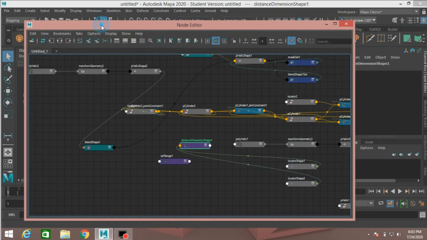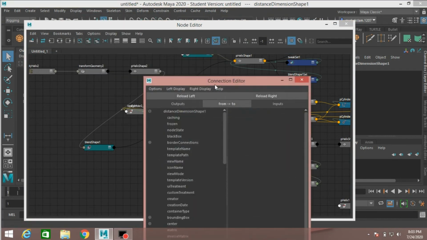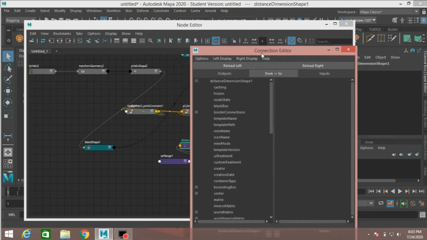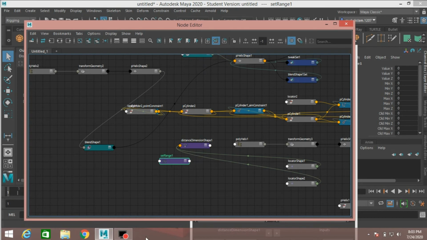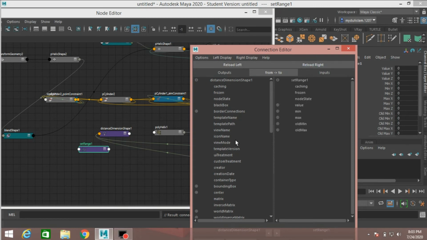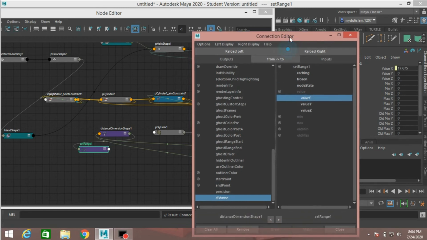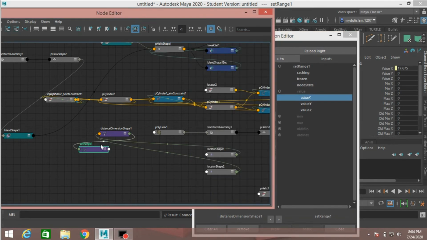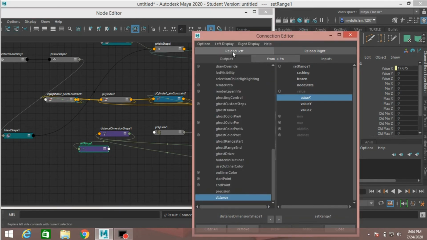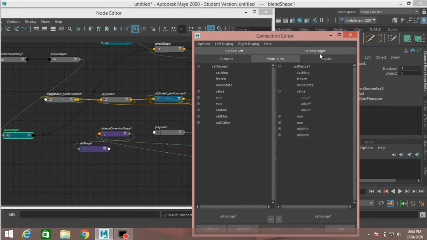Now go to Windows, general editor, open connection editor, select the set range, click reload right, and on the left select distance dimension shape 1, go down, select distance, click value, select value X, again select the set range, reload it right and select the blend shape and reload it left.